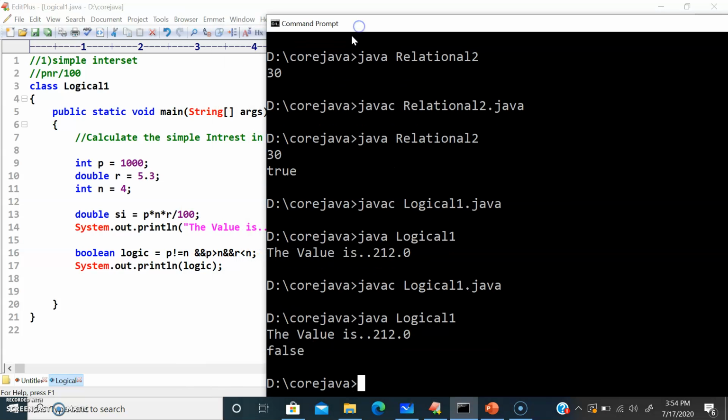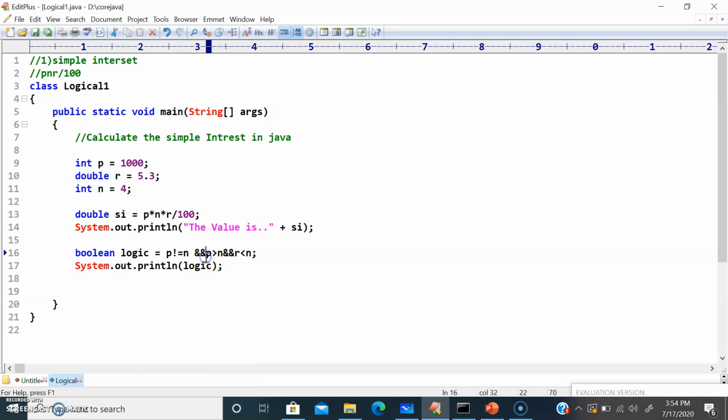The reason is P is not equal to N, yes, that is true, that is 1. P is greater than N, no, false. R is less than N, false. So in the AND operator, if even one condition is not satisfied, your AND operator is going to return false. Instead of the AND operator, if I use the OR operator, let's see how it's happening.